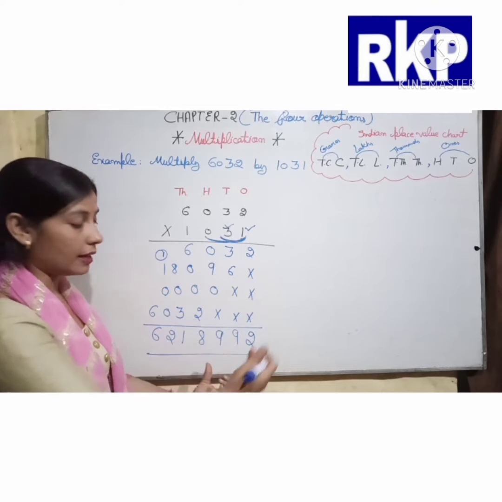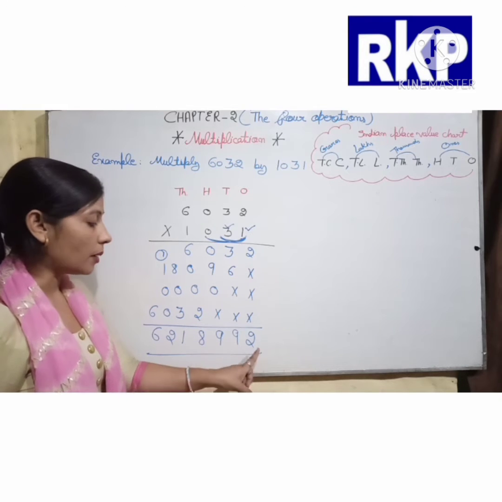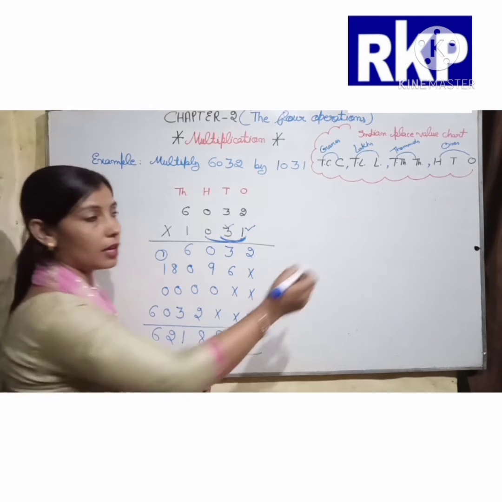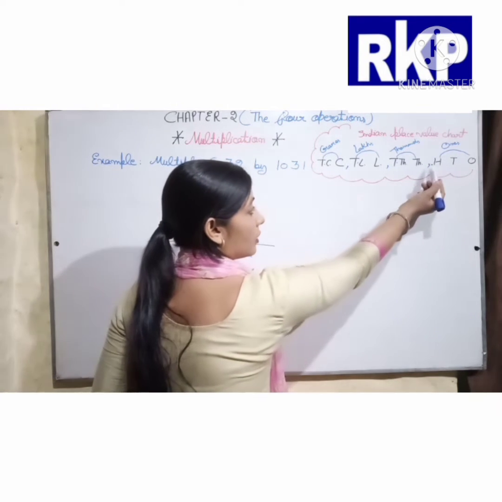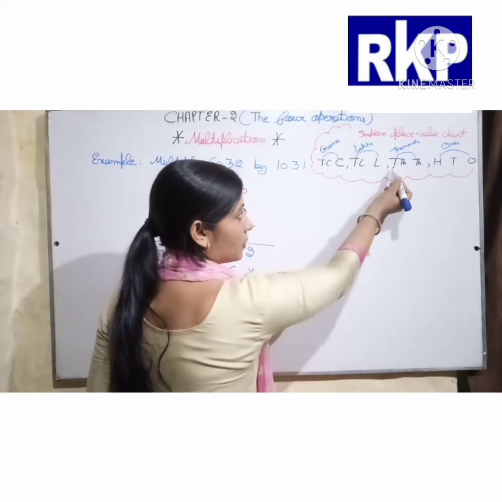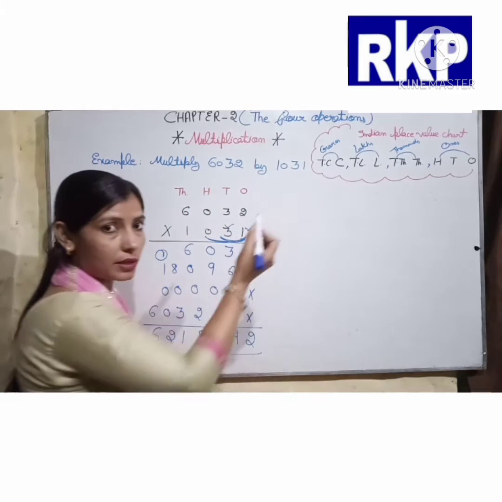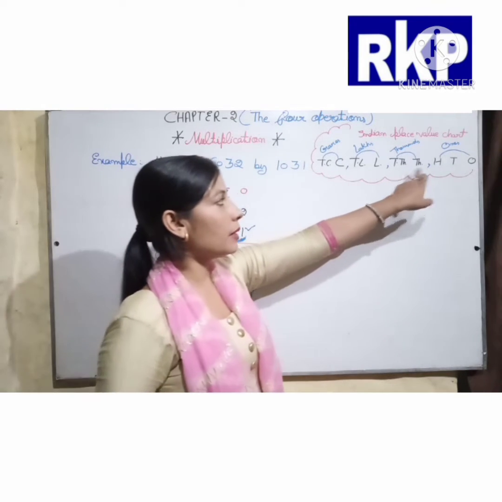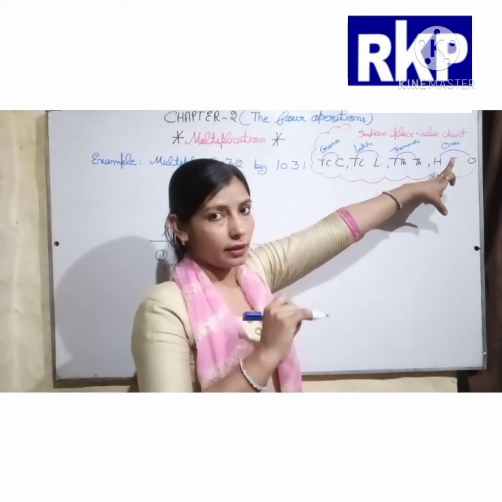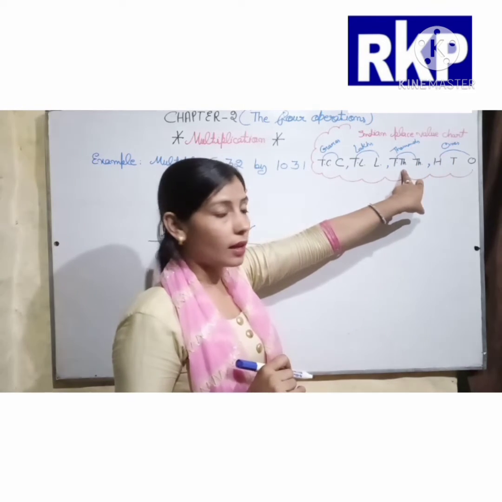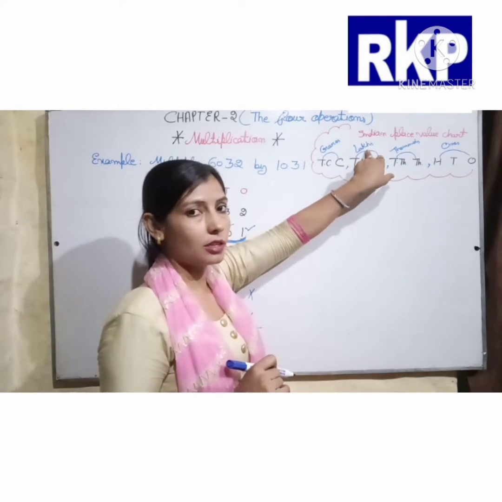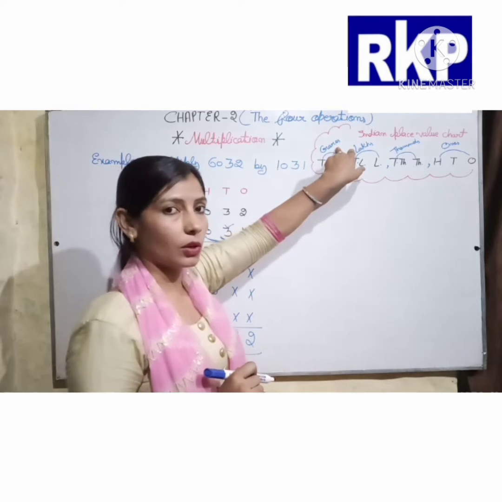From the right side, the first comma will come after the hundreds place digit, that is, after the ones period. Here you can see that after the ones period we have to put the first comma, and the next comma will come after the thousands period and then after the lakhs period. Okay. And here, beta, we have 3 digits in the ones period, 2 digits in the thousands period, 2 digits in the lakhs period, and 2 in the crores period.